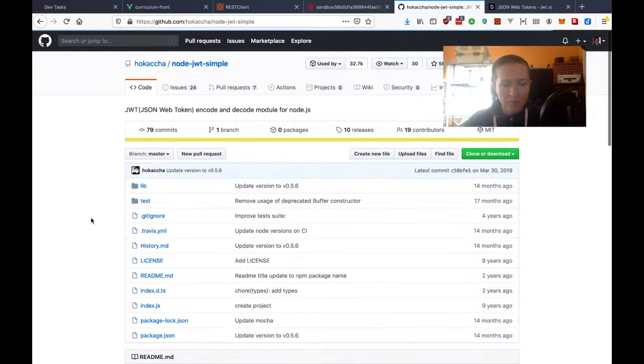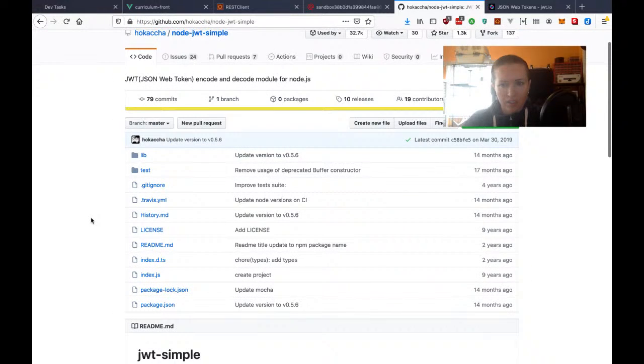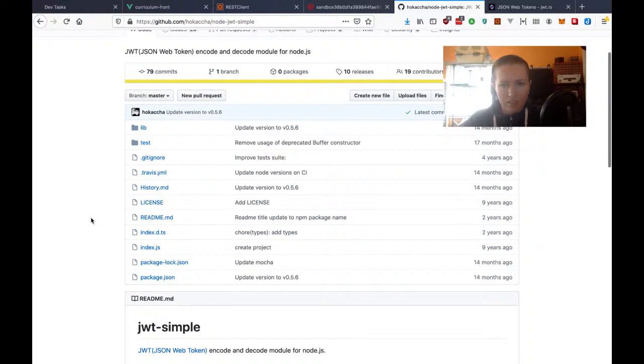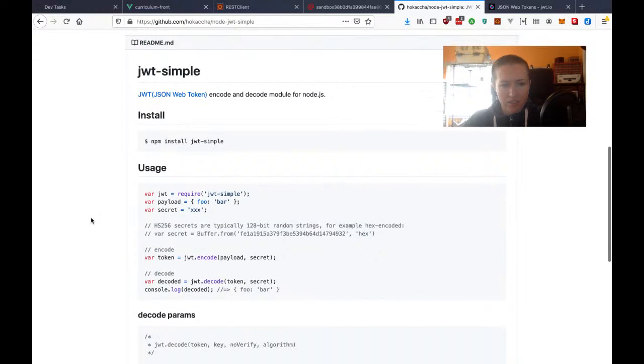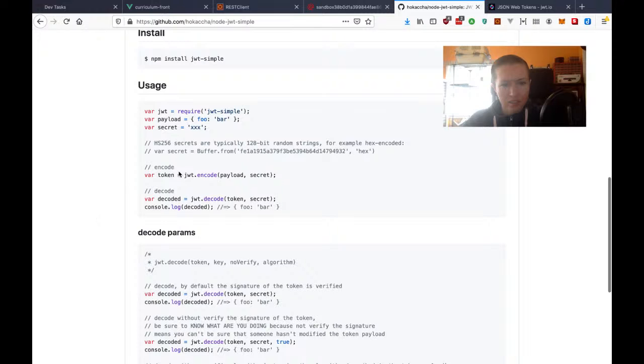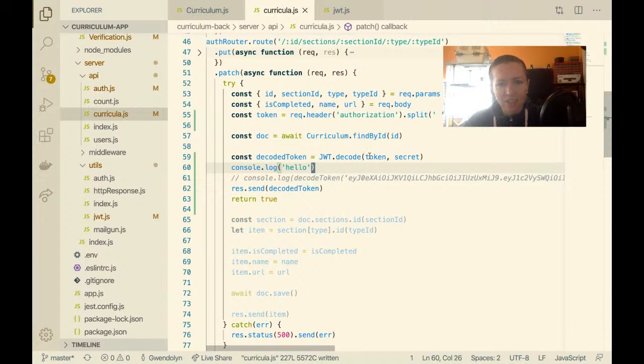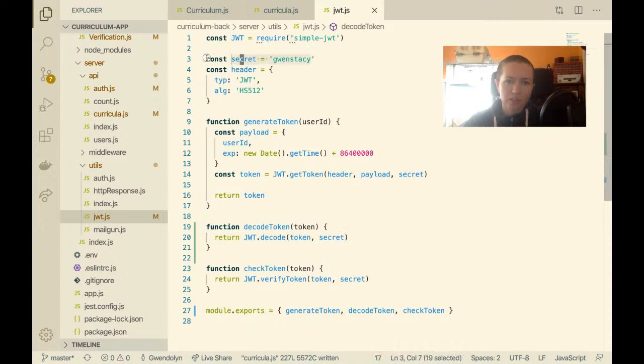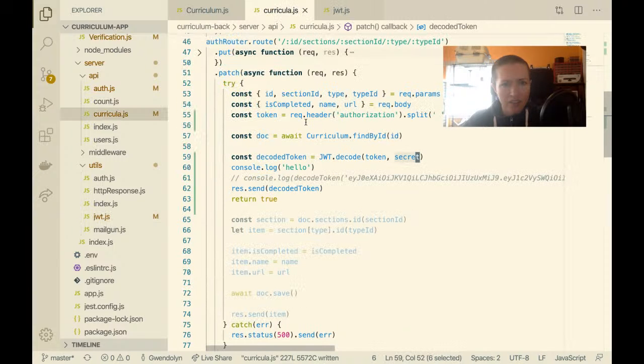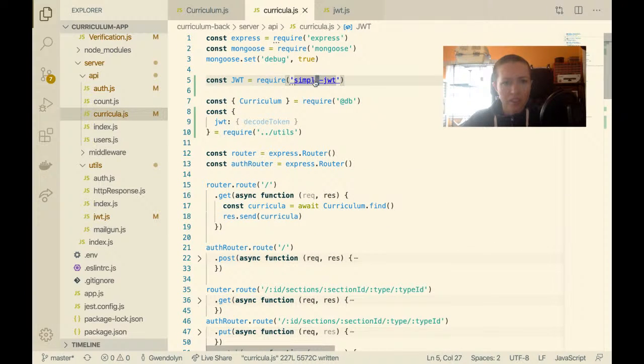Let's see, jwt.decode. Oh, wait. Decode here won't work because I have no secret. Secret is undefined. So let me define it here. Let me try this. So if I put secret here,